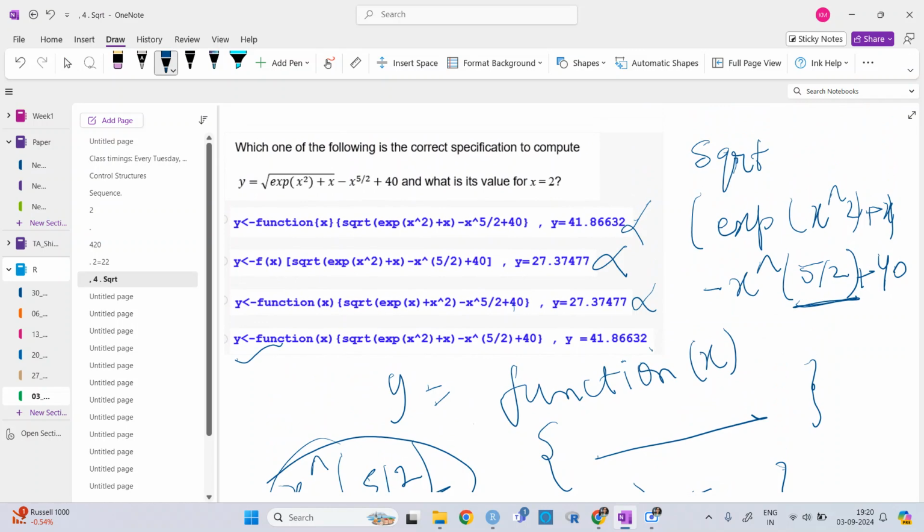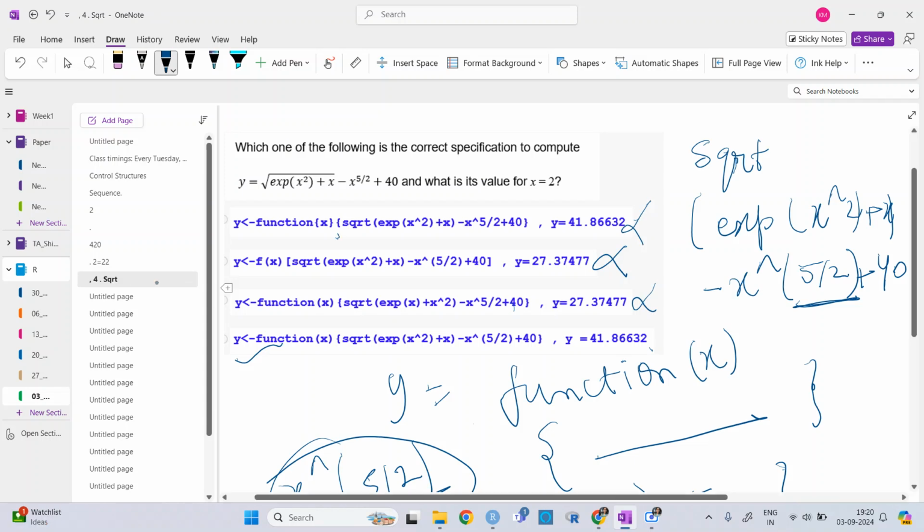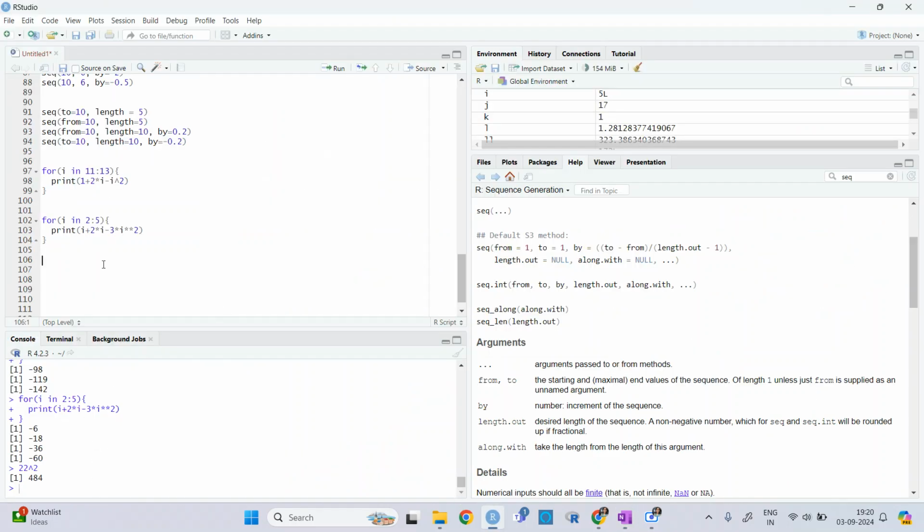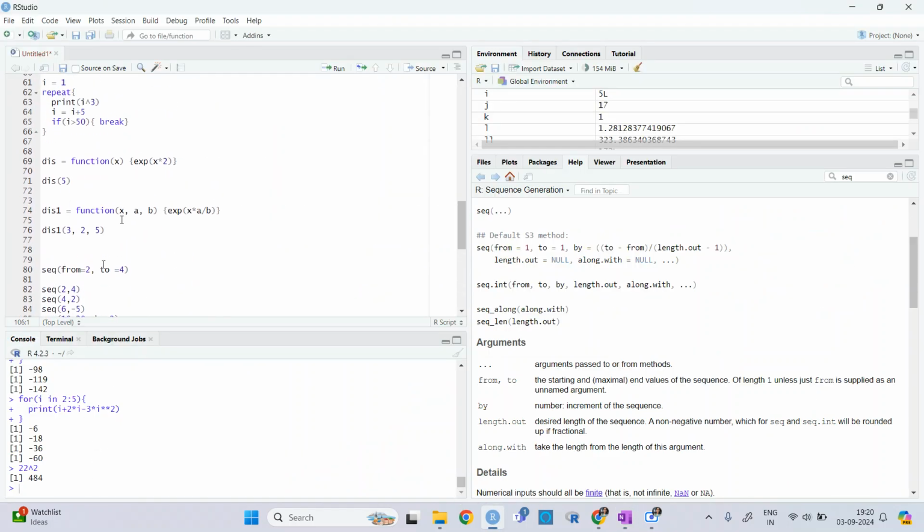Okay. Ma'am, if we are considering the first one, like f of curly bracket x, this is not a correct way to write, no? Which one, this one? If we are considering the first option, I think we can write it like this. You can check. Let's see. Here, if I write it like this, will it work?